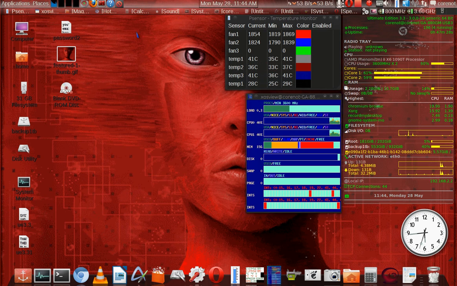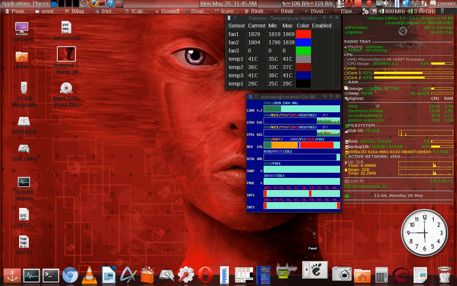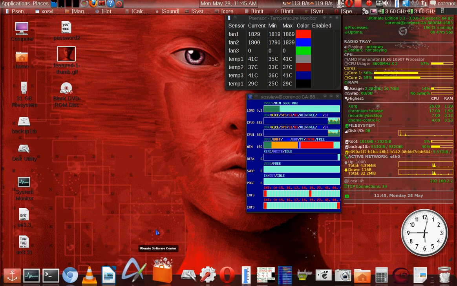Hello everyone, today I'm going to be reviewing Ultimate Edition 3.3 x64-bit Linux operating system. Okay, and you can see that this is my main desktop and the GNOME panels over here, and it's got a lot of eye candy to it. You've got a bar down there that looks like Mac OS X's bar, and